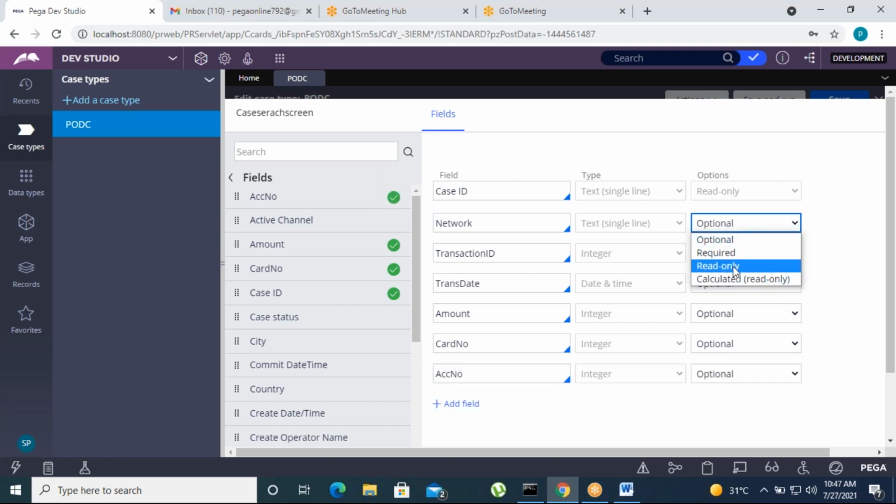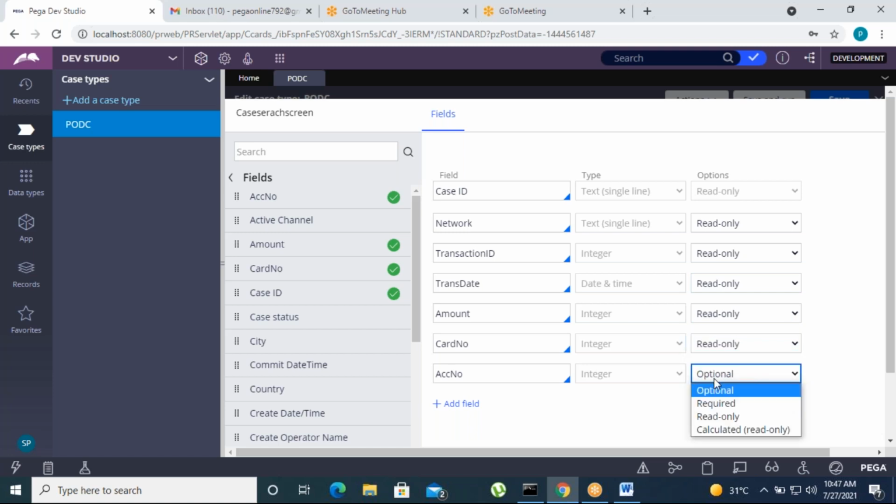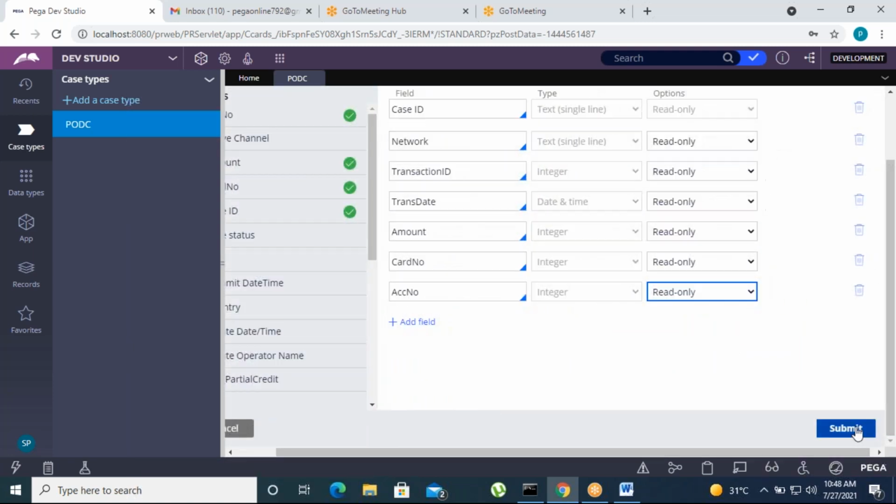Set that all fields are read only, should not be editable. The user will not enter these details, the user is not able to edit this, only read only. Set that all fields are read only here. Now the case ID is not displaying as editable, but generally this case ID is editable, so we can change this case ID in the UI. How to set the editable mode, and click on submit. Now the section and the flow action is created.